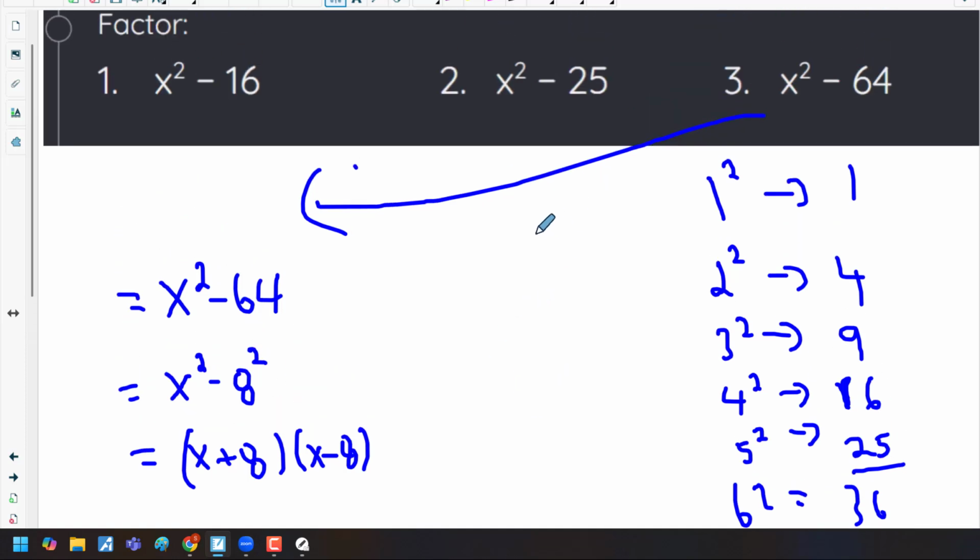A few notes, pointers that you should know. Difference of squares cannot be done if the original question is x squared plus 16. Even though they're both squares. That's 4 squared, that's x squared. Because it's a plus sign,